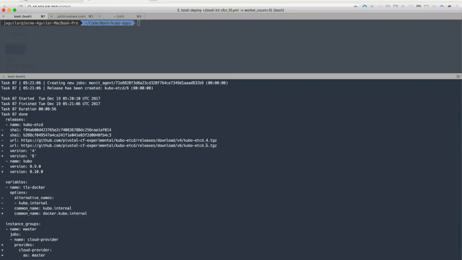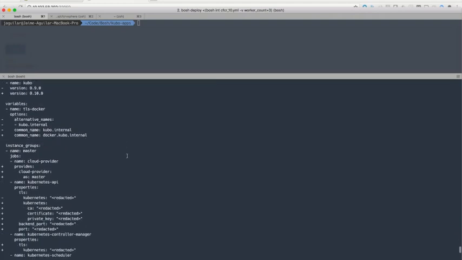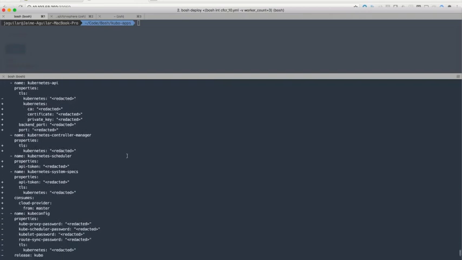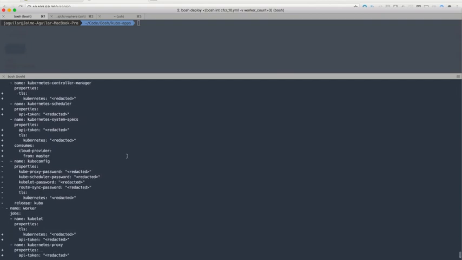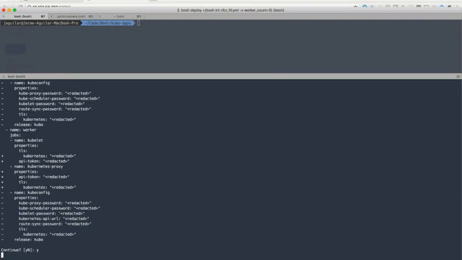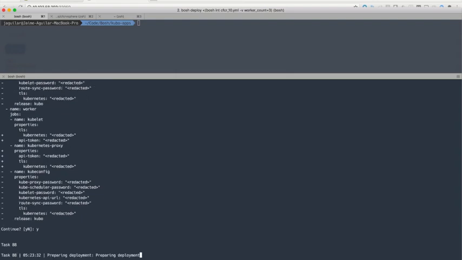And this is another release change that we have observed. Now we are using this version of etcd that is newer than the older one that we had. And then there's a few other changes that pertain to new features and capabilities of this new CFCR release. And we are obviously not just changing that release. There are additional changes that were included when bumping from 0.9.0 to 0.10.0. So BOSH is detecting all those changes and telling us to accept, which we are going to do. Click yes. And the deployment is going to start